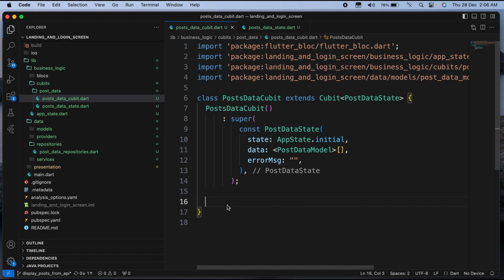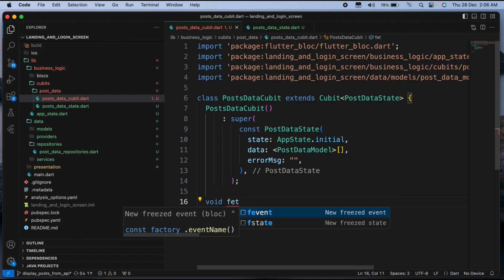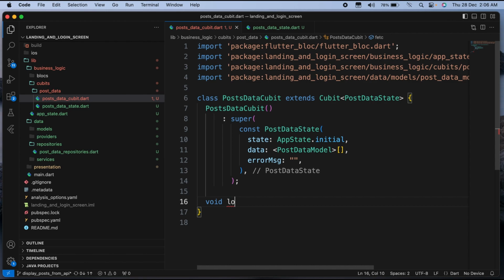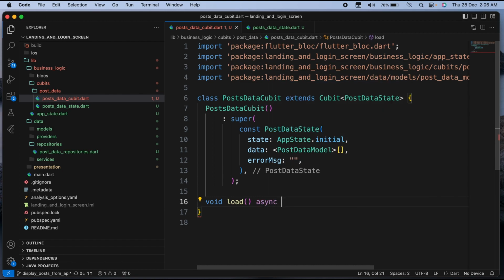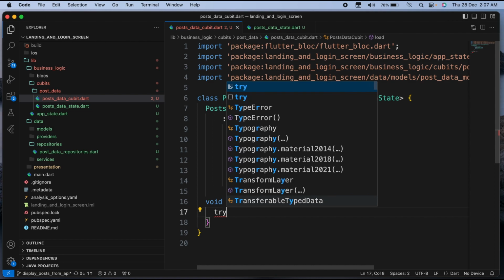Okay guys, let's now create the function that will be changing the state of our qubits according to how we are getting the data from the server. So it's gonna be a void function because it's not gonna return anything. Let's call it load, very simple, like this. It's gonna have the async keyword, and here we're gonna need the try catch,